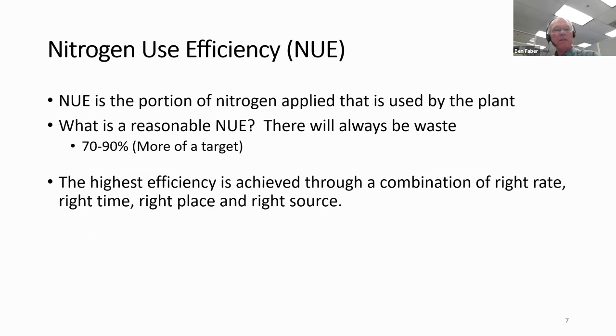So that'll lead us to what we call the nitrogen use efficiency, the amount of nitrogen that is required versus that which is applied. No system is completely efficient. You put on nutrients by way of water, and that's released from soil, or that which we apply from fertilizer, and not all of that is going to go into the tree. There's going to be some losses. So efficiency is always going to be somewhat less than 100%. But the optimum efficiency is going to come with applying it at the right rate, right time, right place, and using the right source of